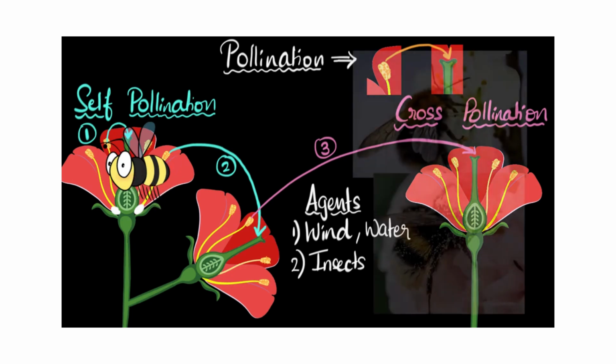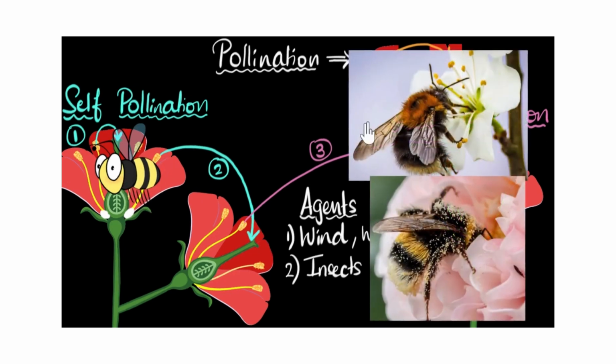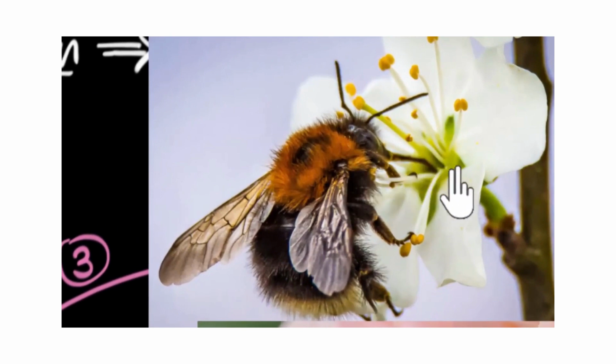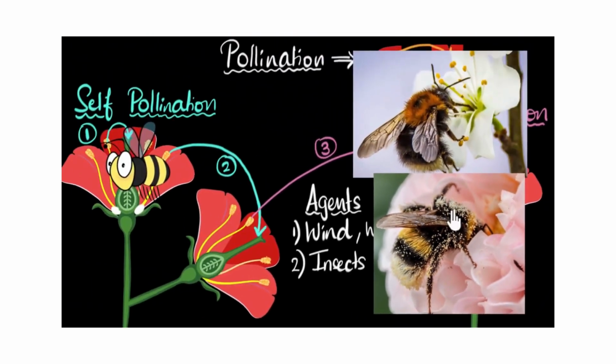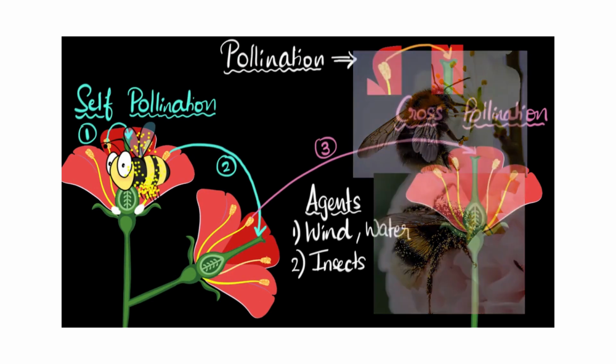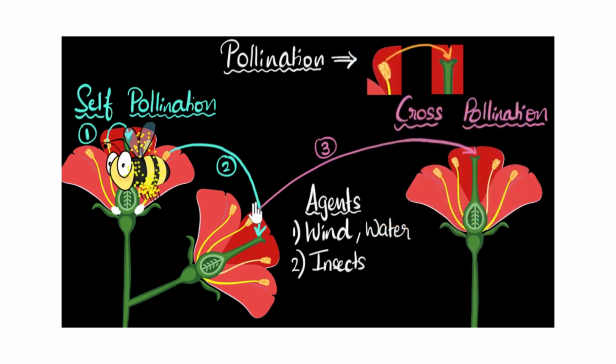Let me show you a couple of photos of that. Here on the top, you can see a bee drinking nectar from the flower, and as a result, you can see it's resting its legs on one of the anthers, and so pollen grains can easily stick to the bee. In the second case, you can see a lot of pollen grains sticking to this bee. This bee has been super busy. So coming back to our story, a lot of pollen grains can easily get stuck to this bee. Let me now get rid of this photo. And then when the bee decides to move away, it carries those pollen grains with it.